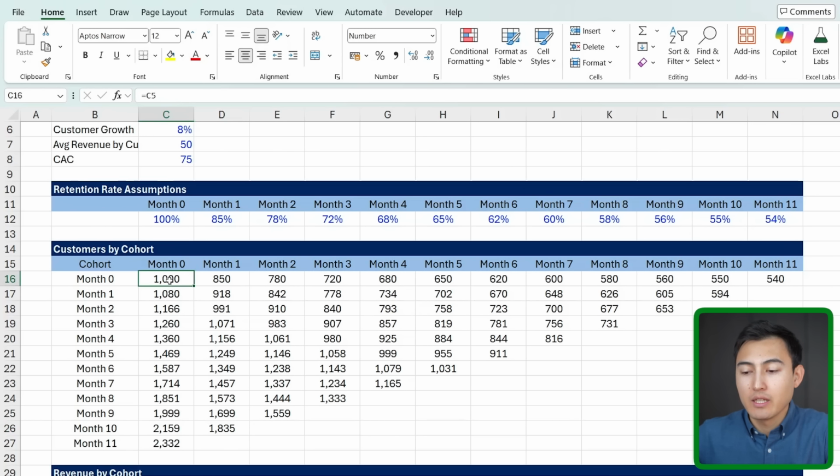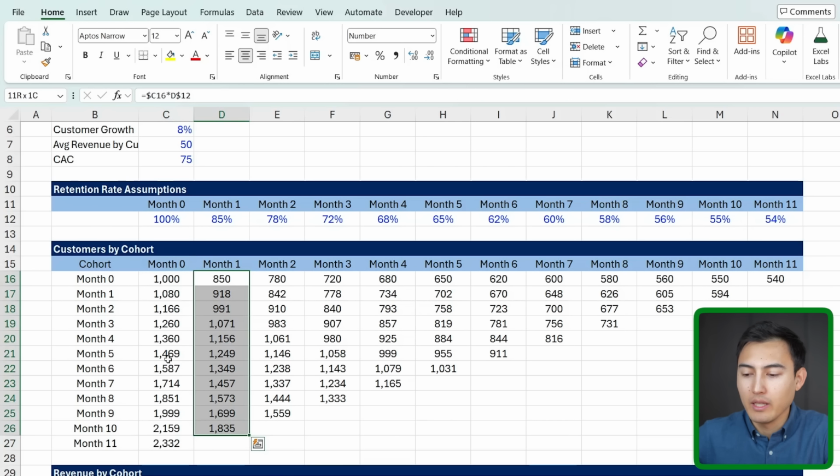Awesome, so now you can see that the first one under the month 0 is for all 12 months right here, and then it's for only 11 months, which makes sense as this is data that's going to be in the future. Now that we have the number of customers by cohort, we can work on the actual revenue by